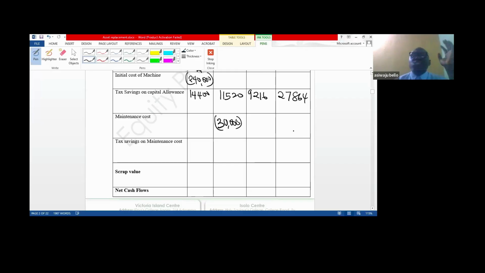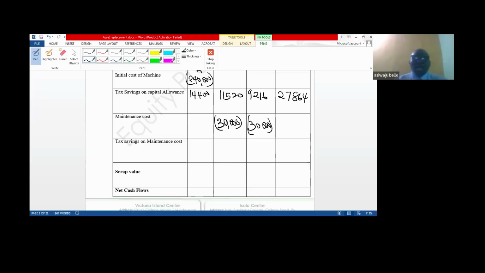Maintenance of 30,000 naira incurred at the start of year 3. Under investment appraisal, the beginning of year 3 implies end of year 2. That means this will come here. This project is for 3 years. We are going to incur maintenance costs for year 1. Year 1 maintenance cost is to be financed by the supplier. Year 2 and year 3, 30,000, 30,000. But at the beginning of each year,